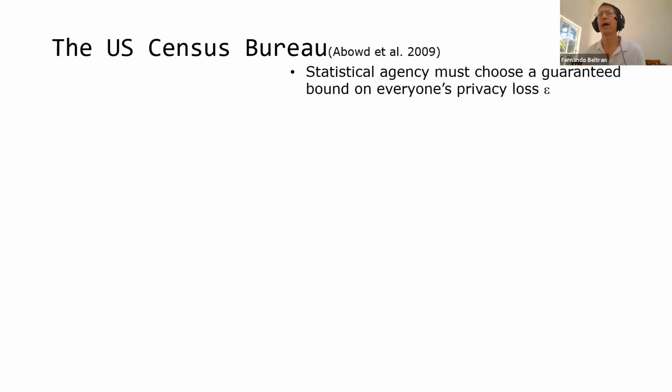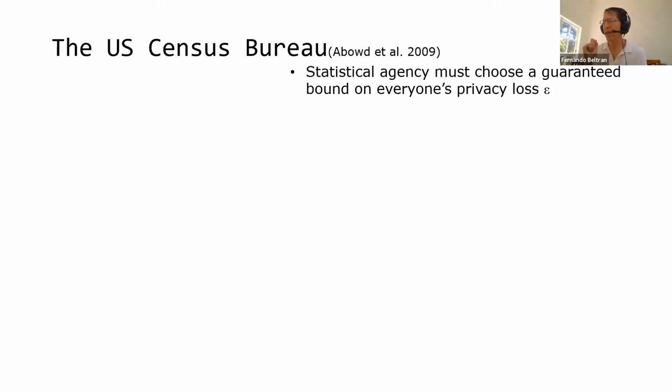In it, they basically state that the statistical agency must choose a guarantee bound on everyone's privacy loss, right? So the analysis goes like,